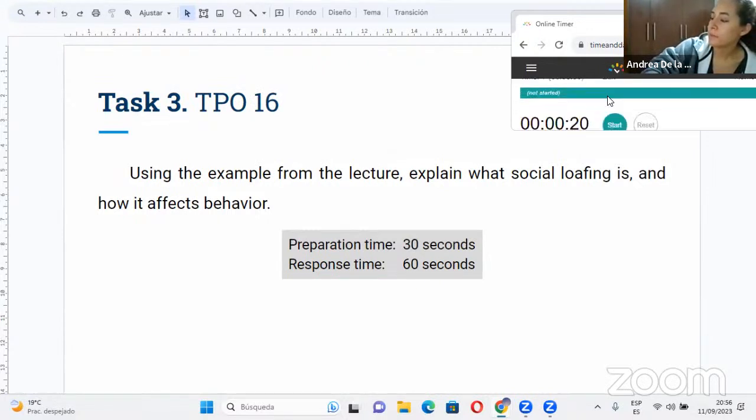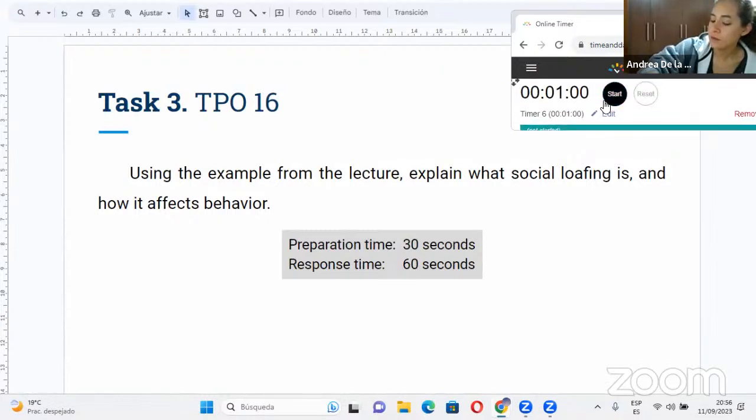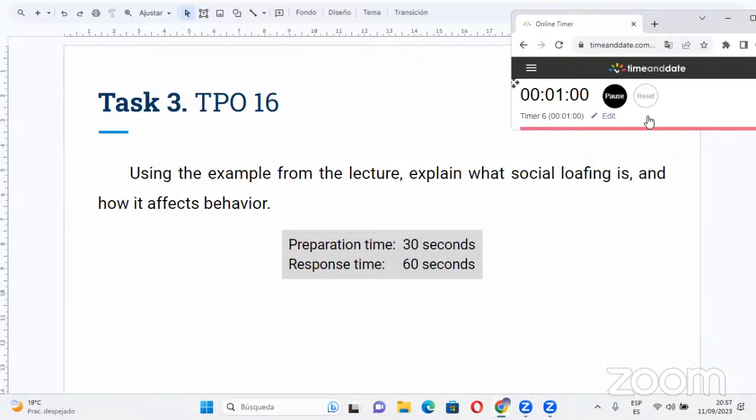So, Natalia, please, you may go ahead now. According to the passage, social loafing occurs when you work in a group and you don't work as hard as when working alone. In the lecture, the professor gives the example of peeling potatoes. They made an experiment that the people that work alone